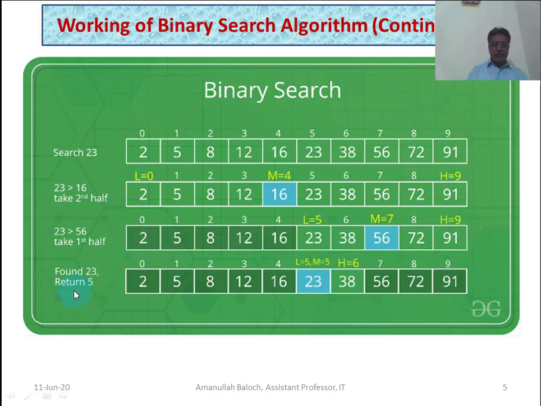So here the computer will add the lower, the starting index 5, and the ending index 6. 5 plus 6 is equal to 11. 11 divided by 2 becomes 5.5. The floor function of the algorithm will return only the value of 5. 5 is the middle value. Now at location 5, that is m is equal to 5, there is 23, and the target value is also 23. The computer will compare. 23 is greater than 23? No.